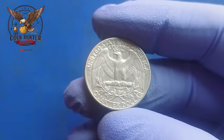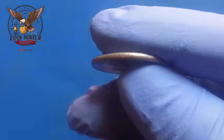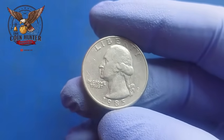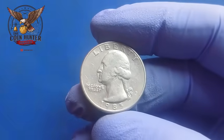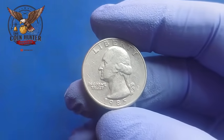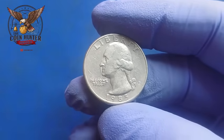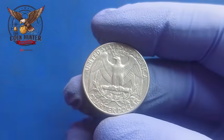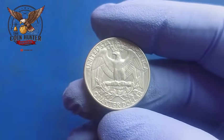Bidding opened at $1 million and quickly escalated as competitors entered the fray. The auctioneer's voice grew more excited as the price climbed past $5 million, then $10 million, then $20 million. And when the final bid was placed and the hammer came down, the room erupted in applause because the coin had sold for an absolutely unbelievable $147 million, setting a new record not just for Washington quarters, but for any